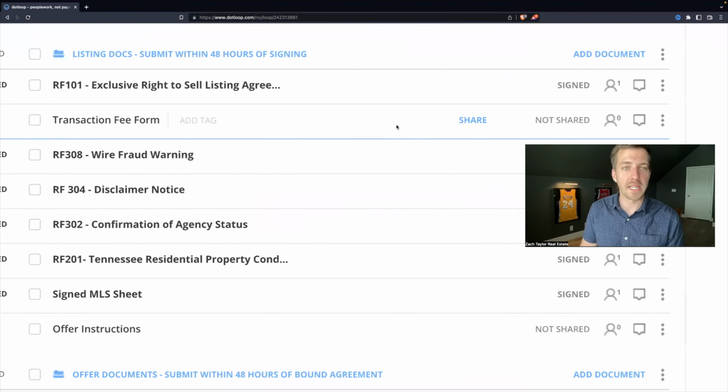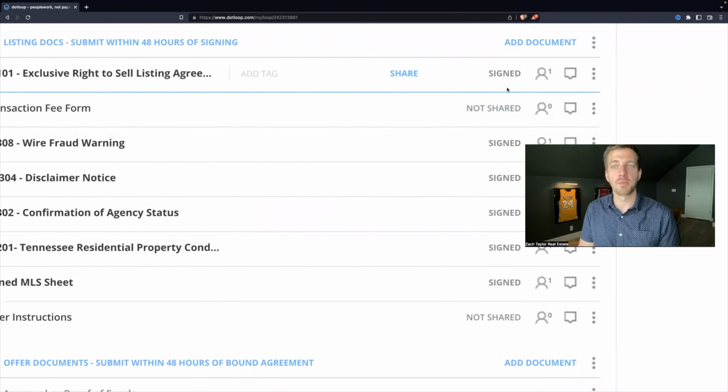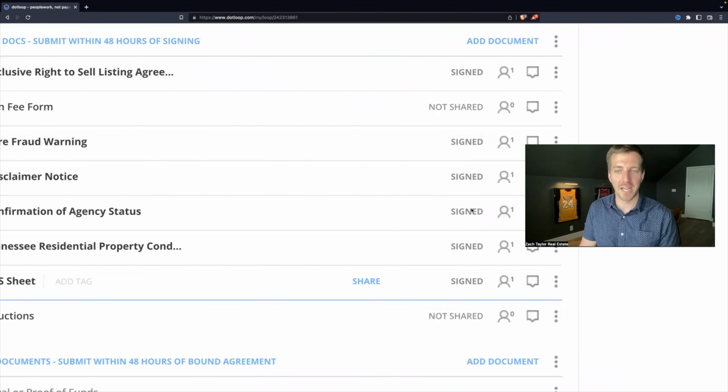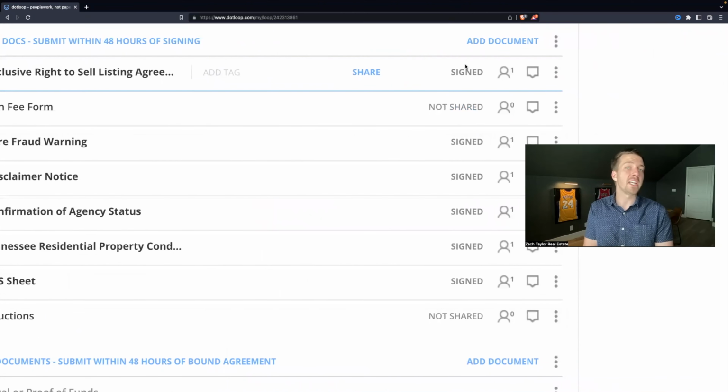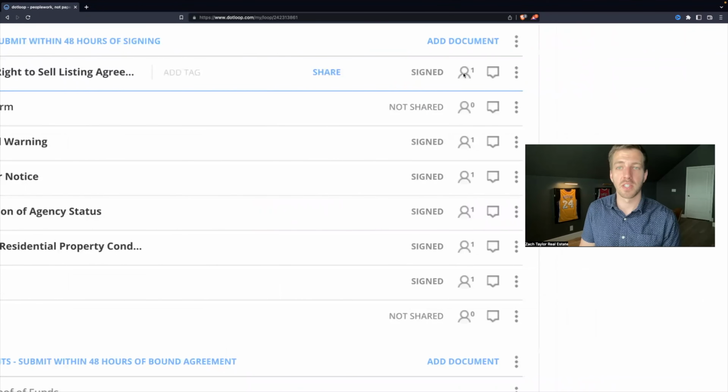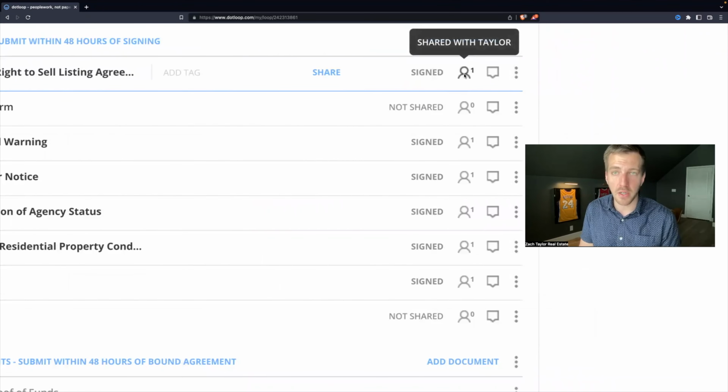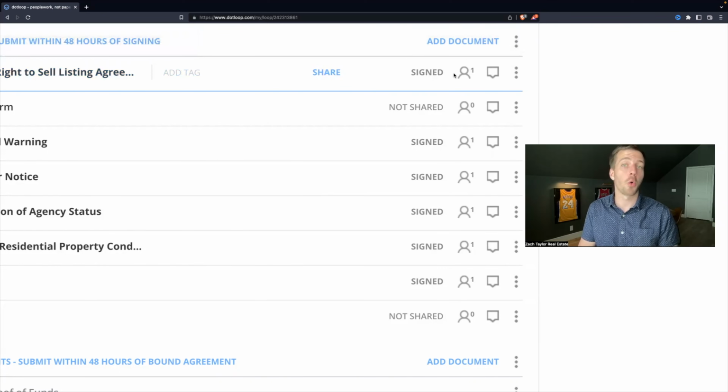form. So right here, it shows signed. So this means Taylor has signed the forms that we asked her to. Before it said waiting on others for signature. So it says signed, and the person icon right here, if you hover over it, it says shared with Taylor and a number 1. That means she's the only person that has access to this document or that the document